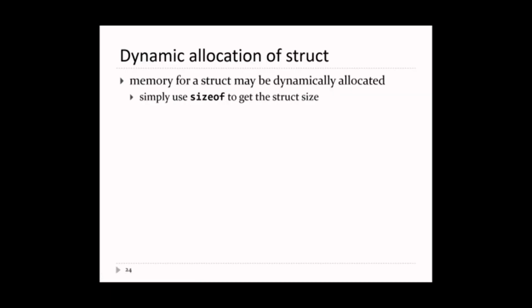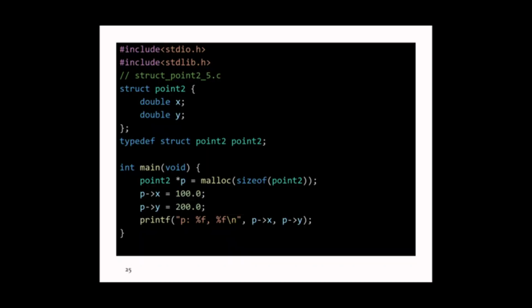You can dynamically allocate a structure, right? Or an array of structures if you like, right? How do you do it? Well, you just use sizeof to get the size of the structure. So here I am allocating, using malloc, space for exactly one Point2 object, right? So sizeof Point2 is the size of one of these structure objects, right? So in this case, it should be the size of 2 doubles, right? Because that's what a structure is made out of,